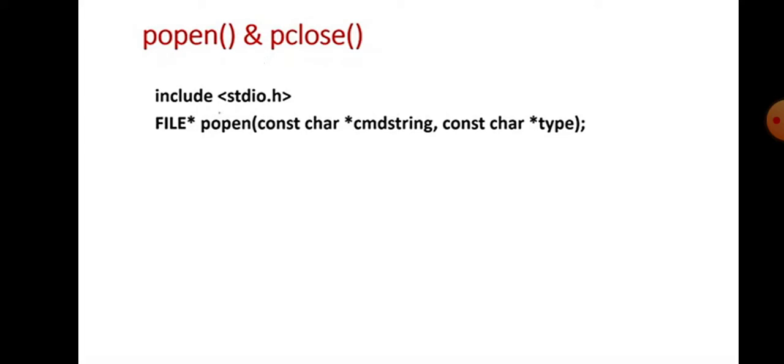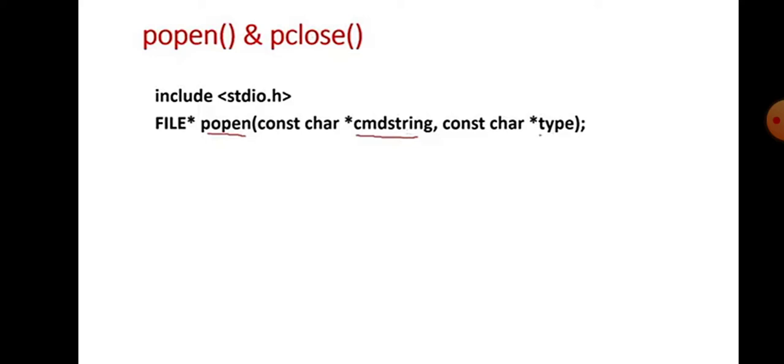And this is the syntax of the popen function. As you can see, it takes two arguments. One is a command string, which is nothing but the command that needs to be executed as a child process.